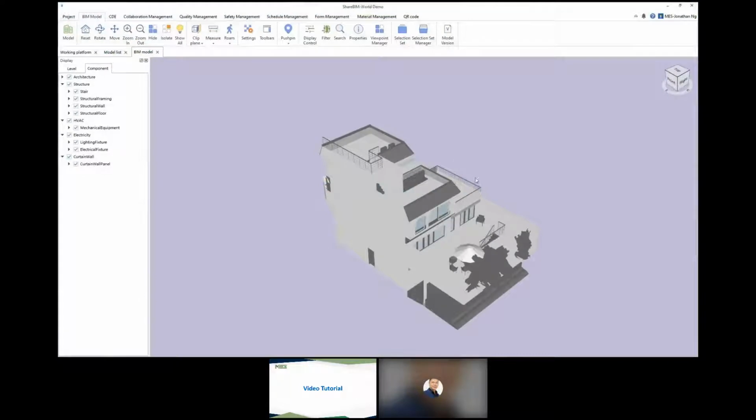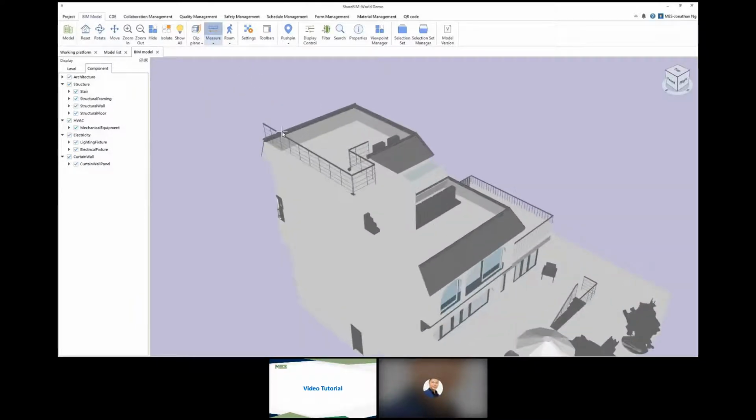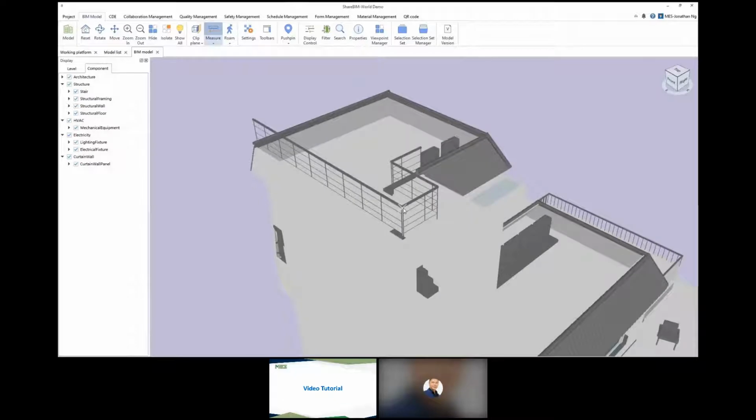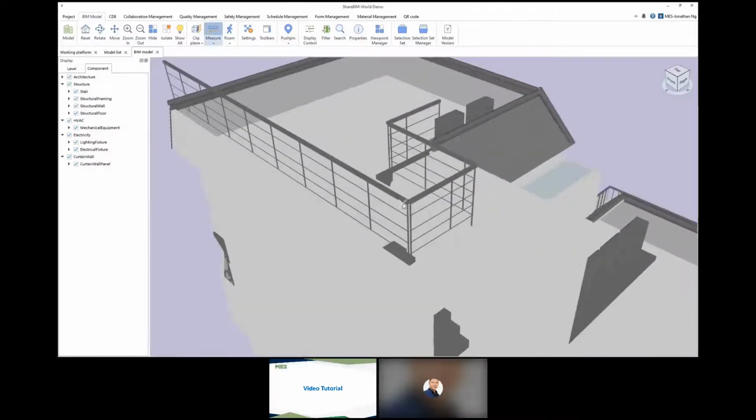Okay, next I want to talk about the measure feature of the ShareBIM platform. So if I just click on measure here, look at this measure and this down looking arrow thing. If I just click on it and select point to point, so let's say I want to know the length of this beam, this railing,